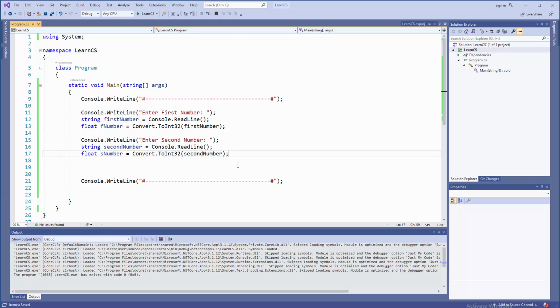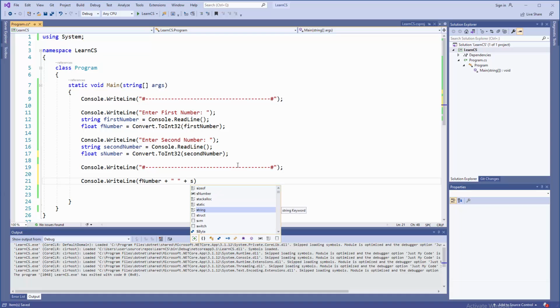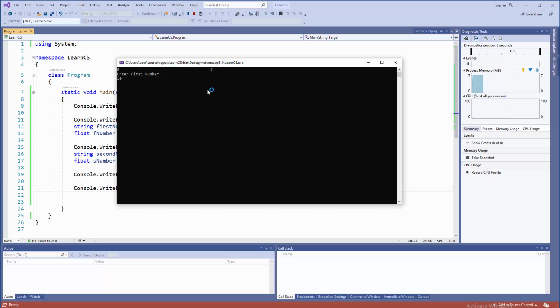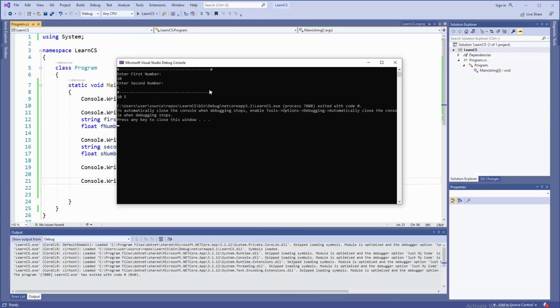Right, now we need to do something with that, so let's just print it. So Console.WriteLine, and we are going to print both of these numbers, which is fNumber plus a little bit of space, and then plus the second number, just to make sure that we have something from the keyboard. And in a couple of minutes we're gonna do basic math operations. So fNumber, I mean F5, first number will be 10, second number will be 5,